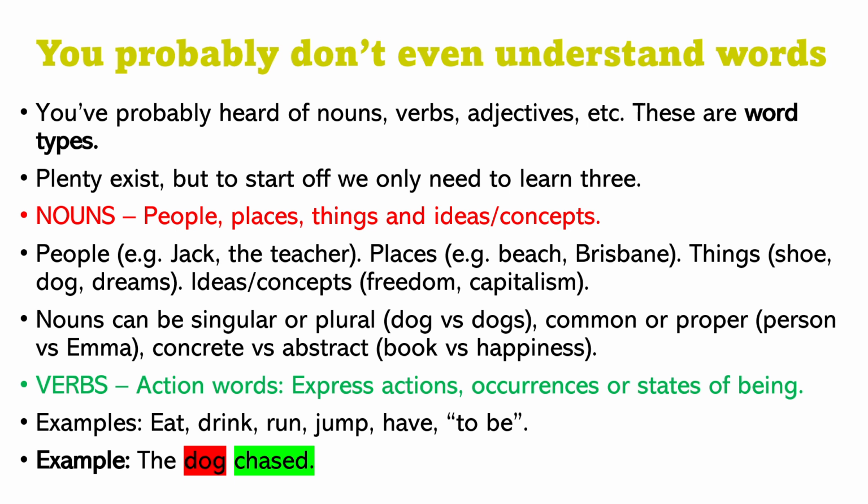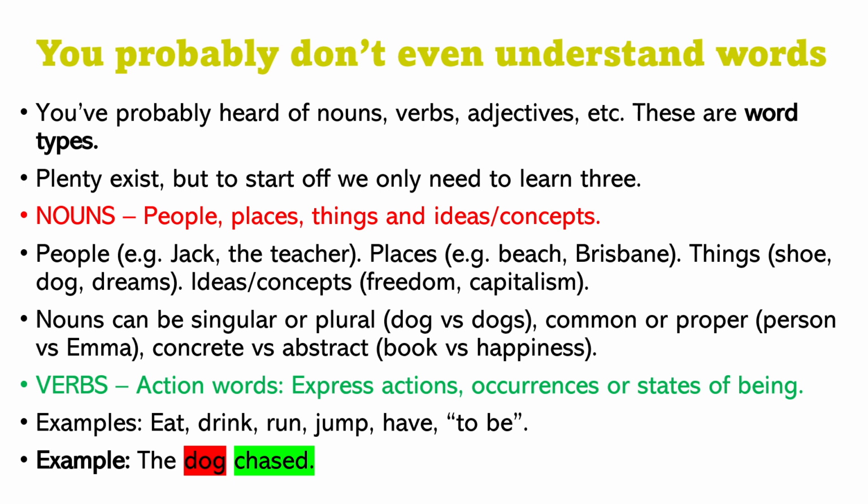Nouns are people, places, things, ideas, and concepts. You might already know what nouns are, but nouns are just things. Take people: it can be someone's name, like Jack, Ethan, or Sally, or it can be just a title, like teacher or student. The word person itself is a noun, as are boy and girl.